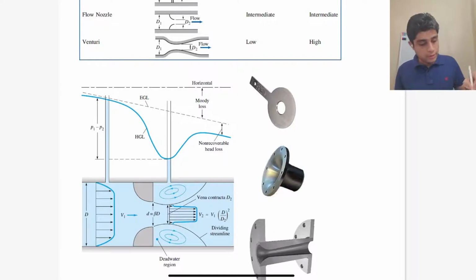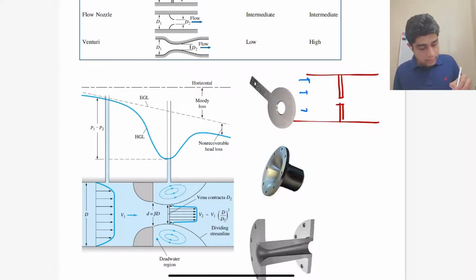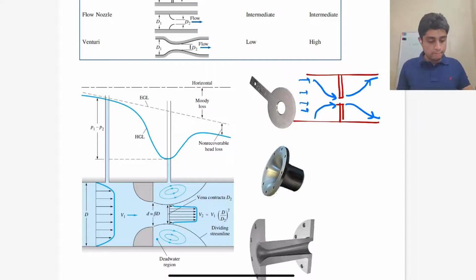You just install this orifice plate in a tube like this, and as the flow comes in, it faces this obstruction, so it has to bend so that it can pass through this small hole in the middle, and then again it goes out like this. The disadvantage of this geometry is that since the fluid is suddenly contracting and suddenly expanding, the minor losses are huge here